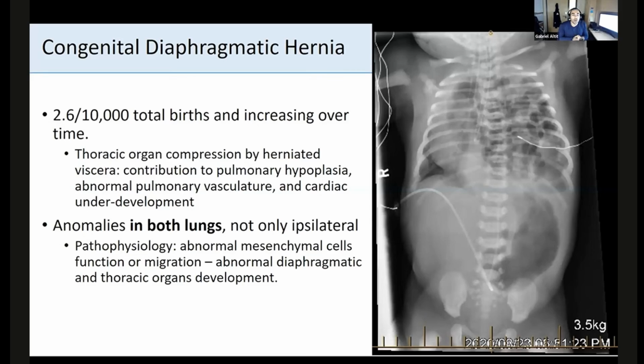And so what we know from autopsy studies is that the lungs developing in this abnormal state have an abnormal architecture at the level of the parenchyma, probably also at the level of the vessels. And that's really diffused to the entire lung. It's not just one lung that gets compressed and because of that there's a problem. It's actually been shown that both lungs are problematic, that there's a component